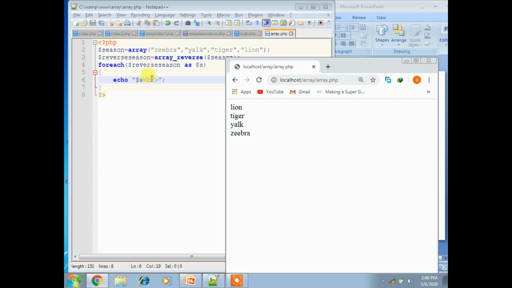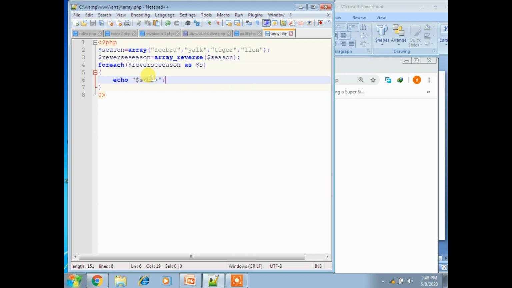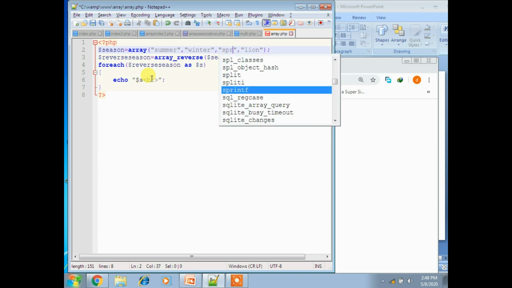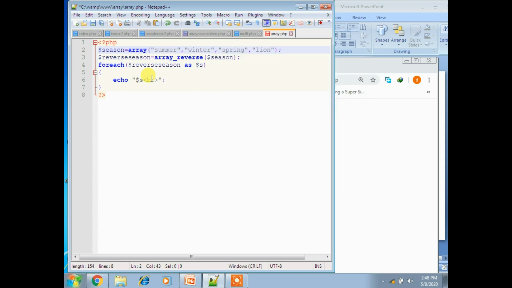Okay, so we'll see another example, which will take summer seasons like that. So summer, now winter, now spring, and another one is autumn.